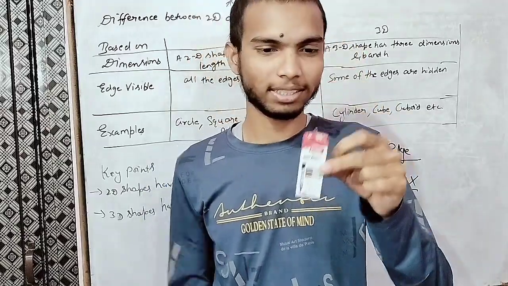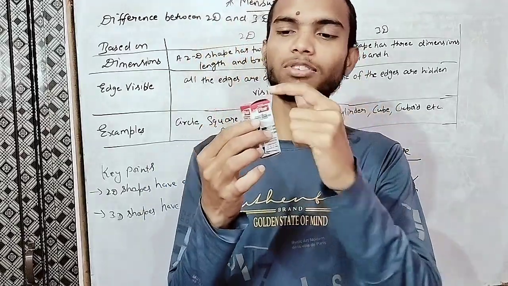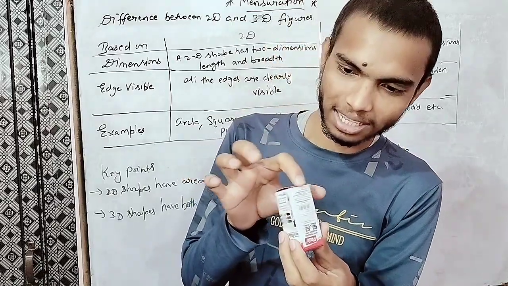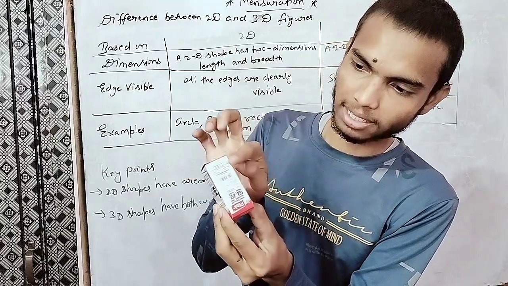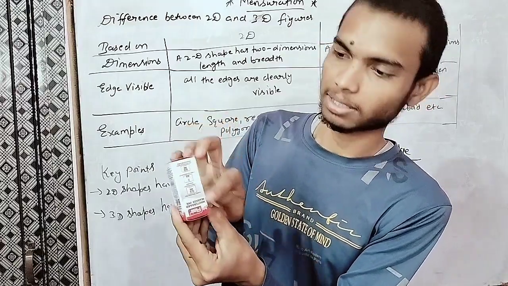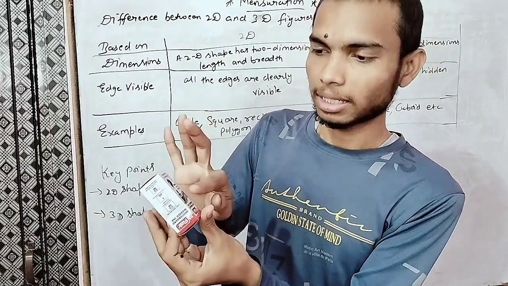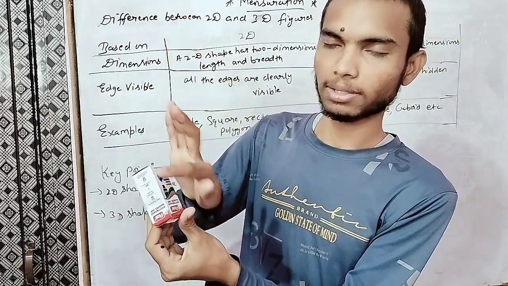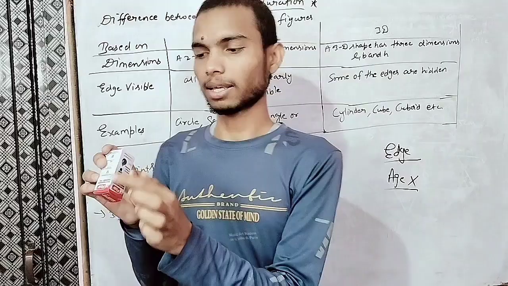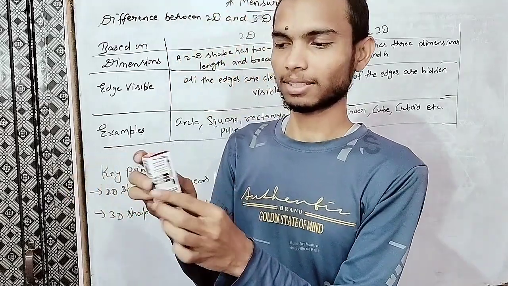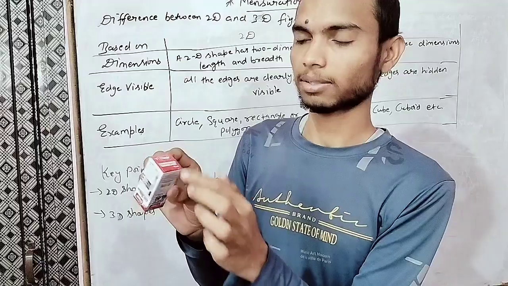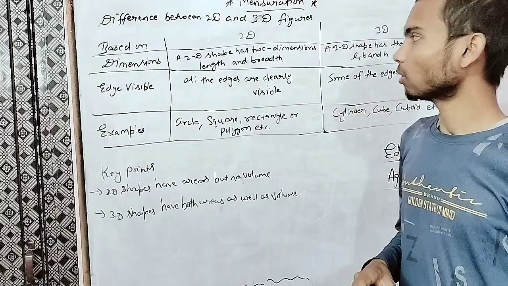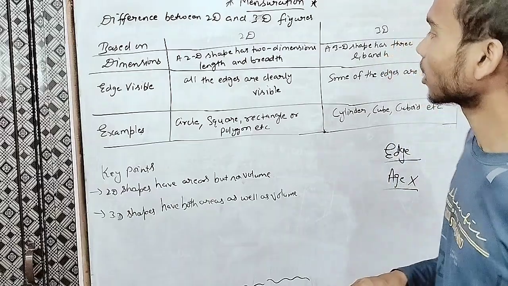Can you tell me? Of course, this is an edge, this is an edge. This is a plastic surface. We want to say this is an edge, this is an edge. All the edges are clearly visible